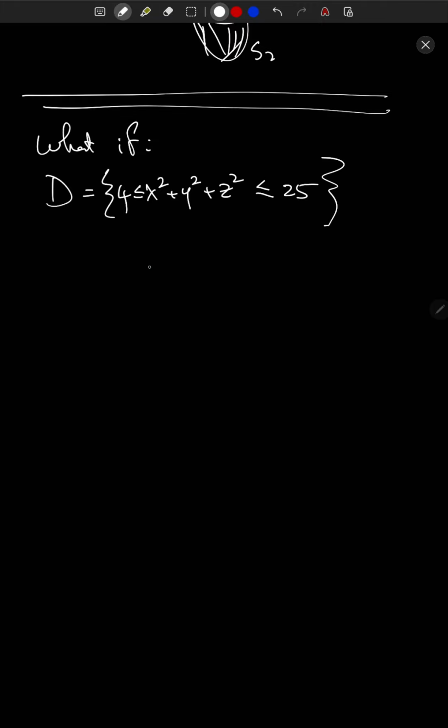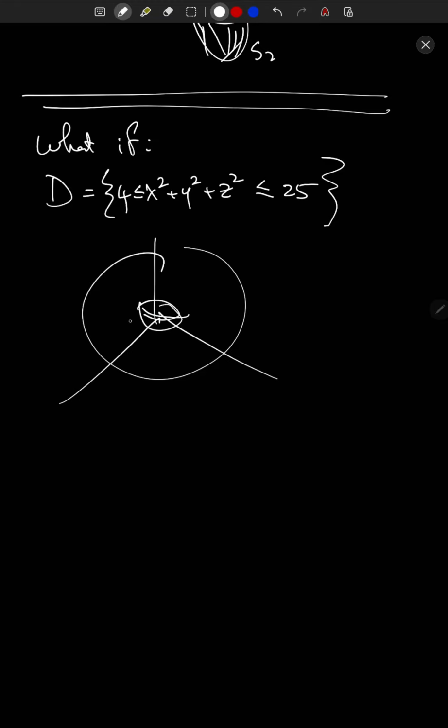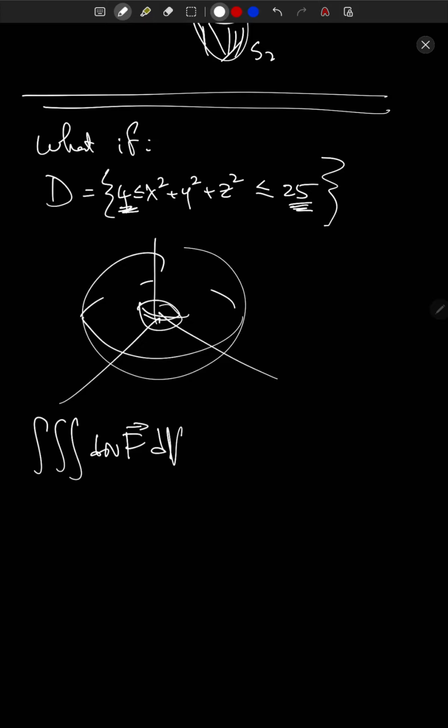This would be the region inside a sphere of radius 5, but outside a sphere of radius 2. So it's a sphere with a hole in it. How does the divergence theorem work here? It's exactly the same, but you do have to be a little careful. The integral of divergence F dV over our region D